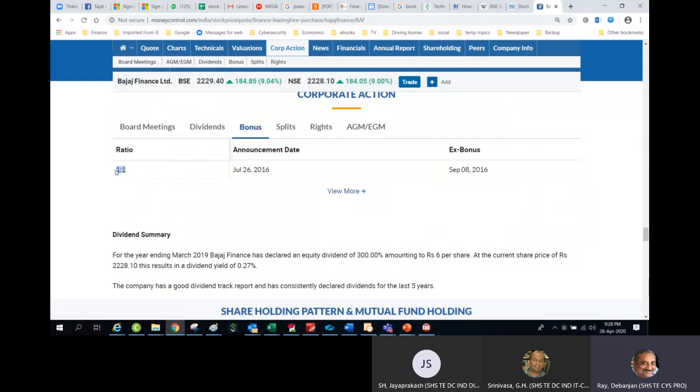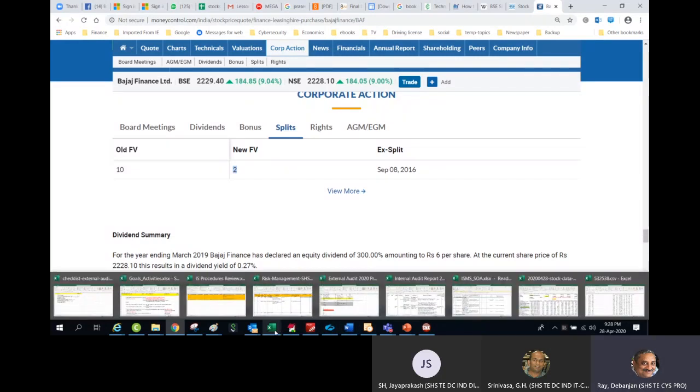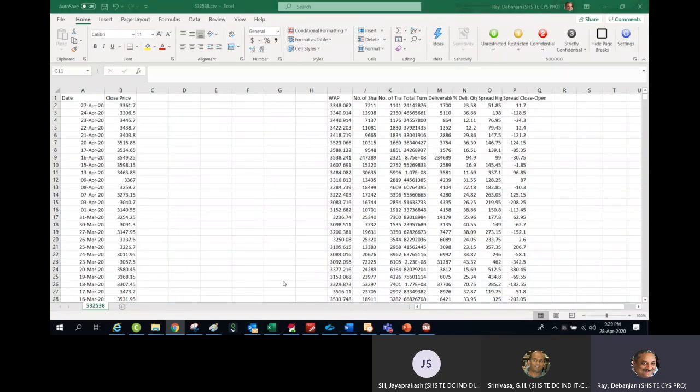That means for every one stock the shareholder is having, they will get one extra stock on such and such date. Like that, there will be split share. That means on this particular date, the old face value was 10, and now the current face value is this one. Now, for this particular one, I need not adjust any stock. As you know, for this Ultratech Cement, there was no adjustment.